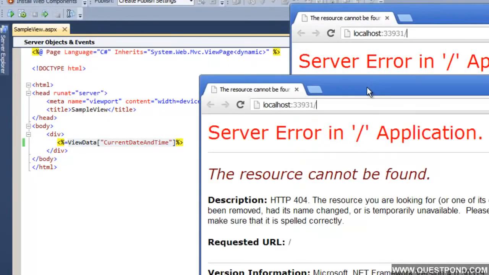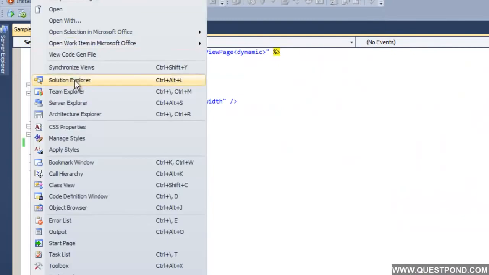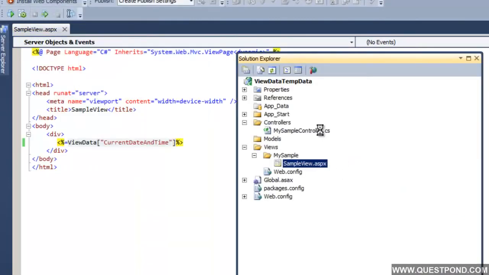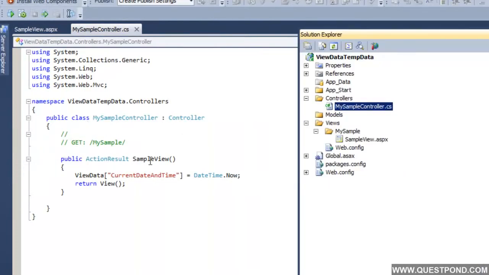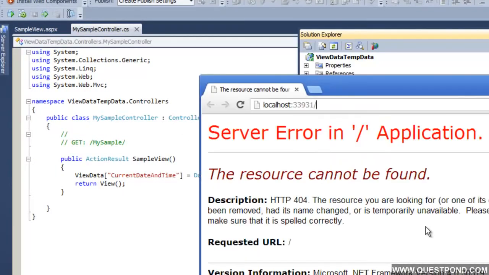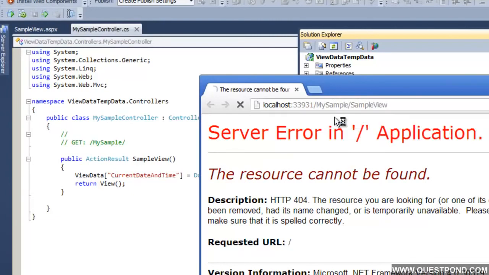There our application is running, but we need to invoke the appropriate controller and action. Our controller name is my sample and our action is sample view. So we need to type here my sample and sample view.